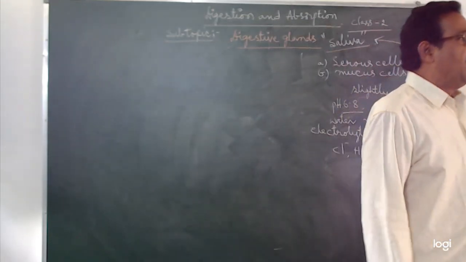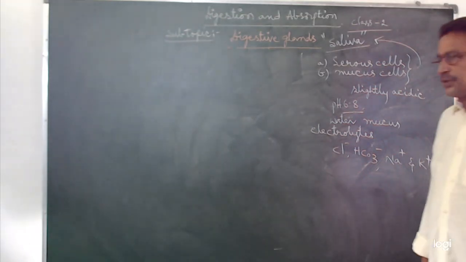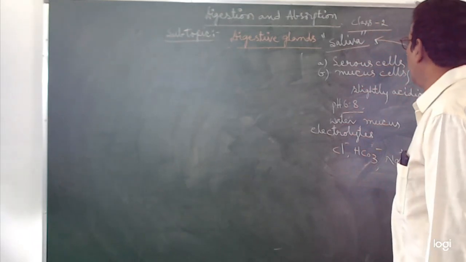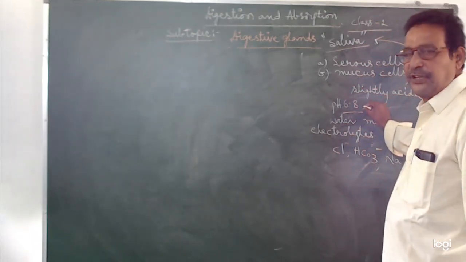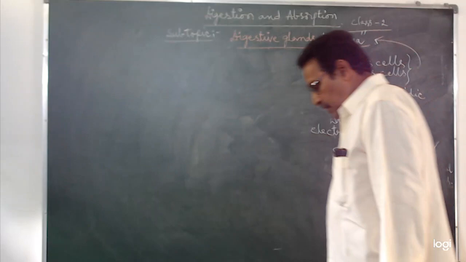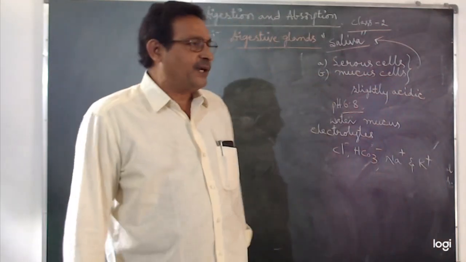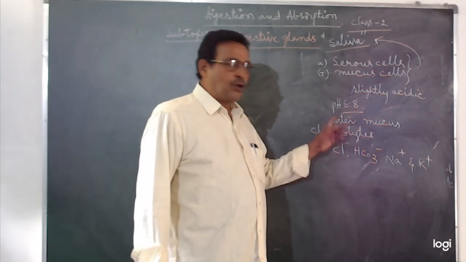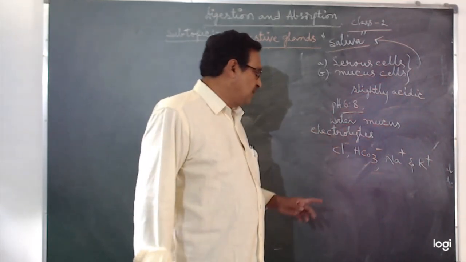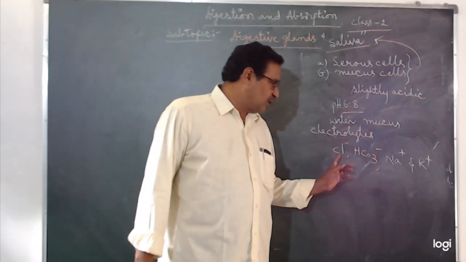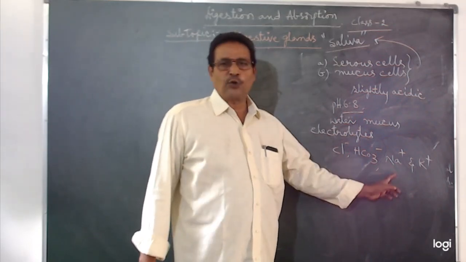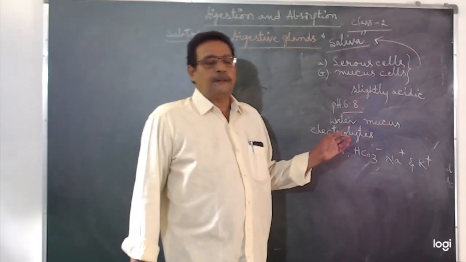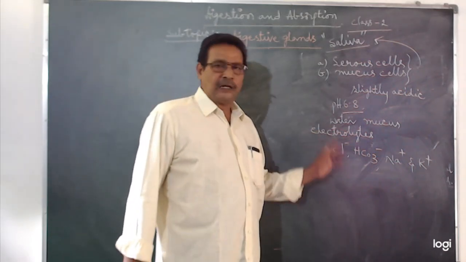Saliva is slightly acidic in nature with a pH value of 6.8. What are the components of saliva? Water, mucus, electrolytes such as chloride, bicarbonates, sodium and potassium. Along with these water, mucus, electrolytes,